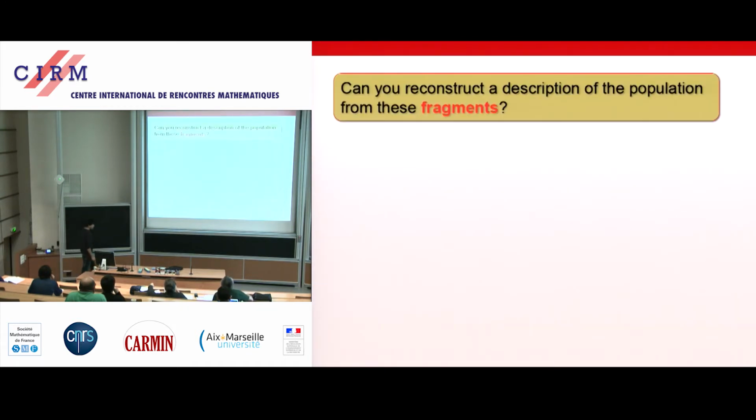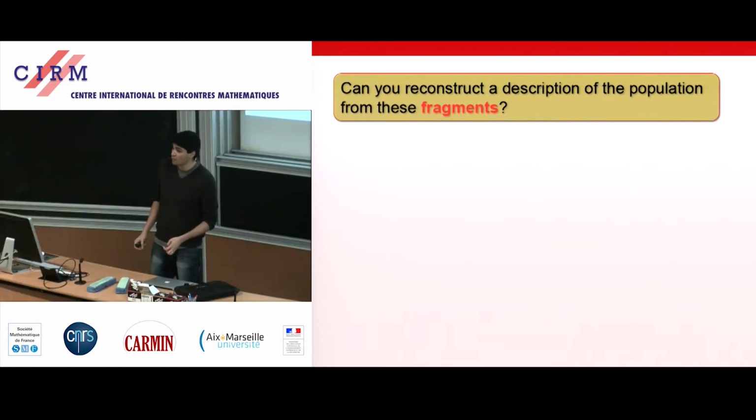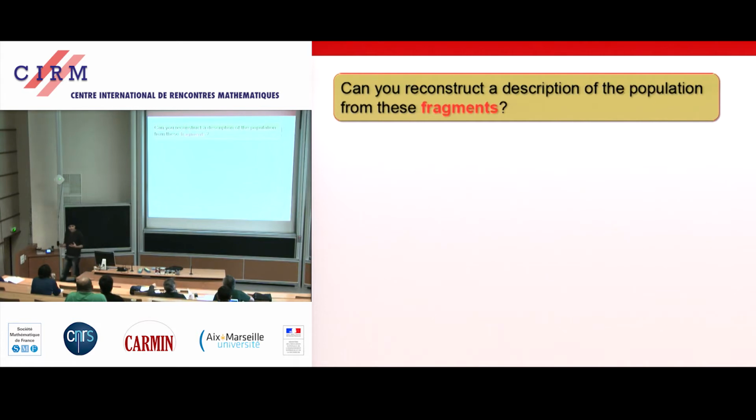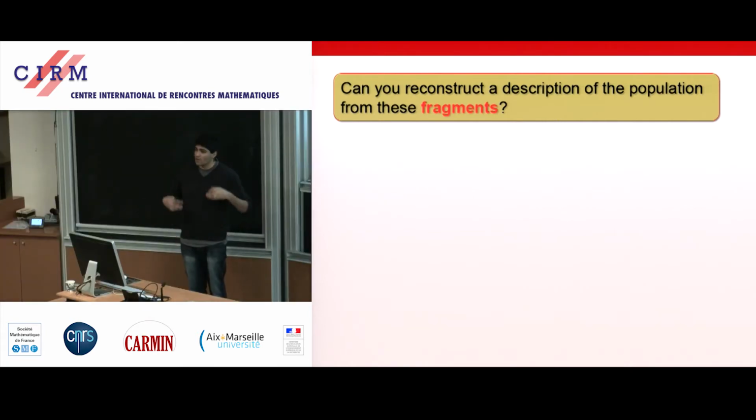So let me tell you one way to try and turn this into a mathematical problem. It's going to sound a little bit like the deletion channel, but there are some really important differences, and it's a great way to think about an issue that's come up again and again: in coding theory, you get to choose the types of things you're passing through a channel, whereas in learning, nature chooses for you and you don't get such a choice. But the basic idea for population recovery is, can you reconstruct some description of the population from just these fragments